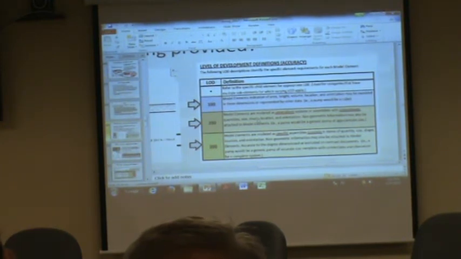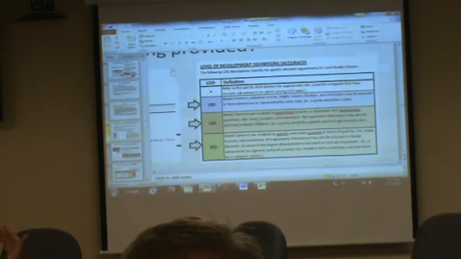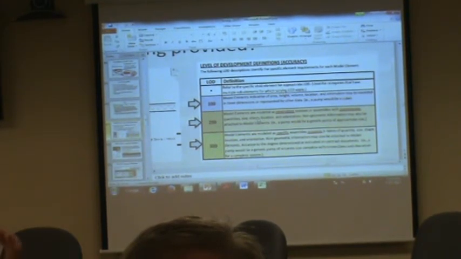The example they have in here is, if I'm doing level 100 and I'm laying out an outside area and I need a pump somewhere, I'm going to put a box there, cube it and label it. Maybe it's a massing object, but I'll label it: that's a box, that's a pump. If I'm doing level 200, I'm going to go to Fairbanks Morse or Victaulic and grab a simple pump. I don't care what model it is or what the in and out sizes are, I just need something that takes up some space and looks more like a pump. That's level 200. Level 300 is, I've got an 8-inch inlet coming in, a 4-inch outlet going out, it's 30 gallons per minute, it's got information on it, it's bigger, it's more detailed.